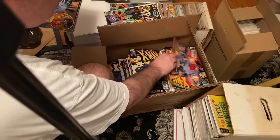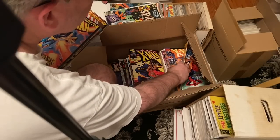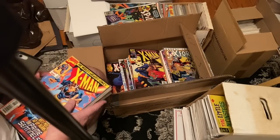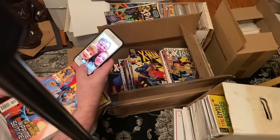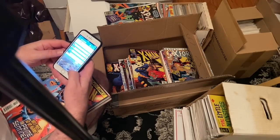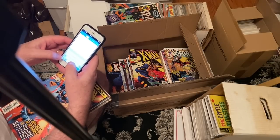And 30 and 31 are here, and 37, 38 are here. This is 30 through 38. Every issue of X-Man. Now, I'm going to enter this into my CLZ app because I can do it all in one fell swoop. It's going to be a lot more efficient to just click on the